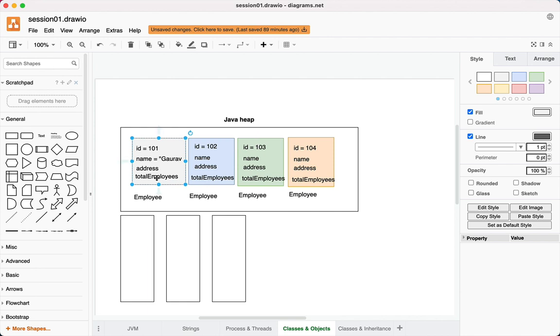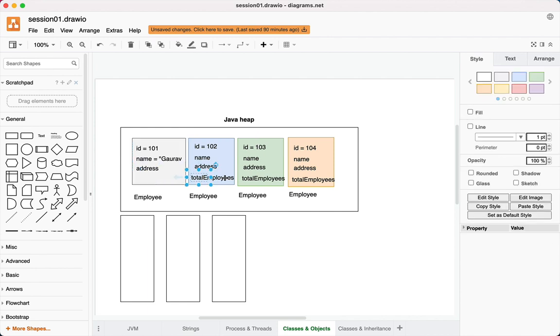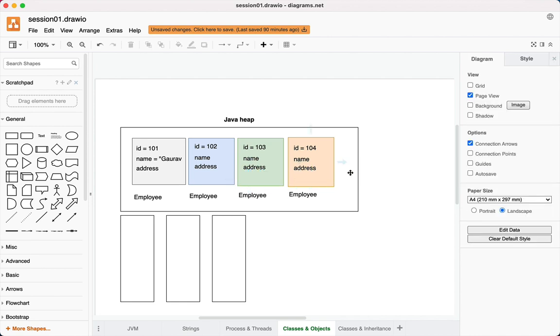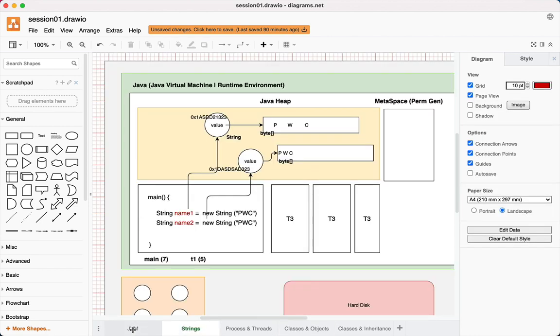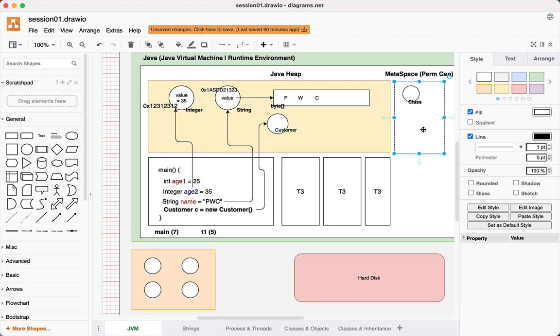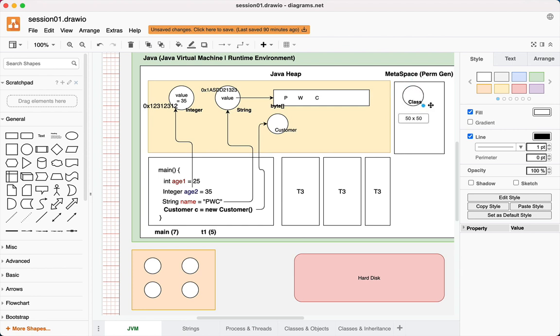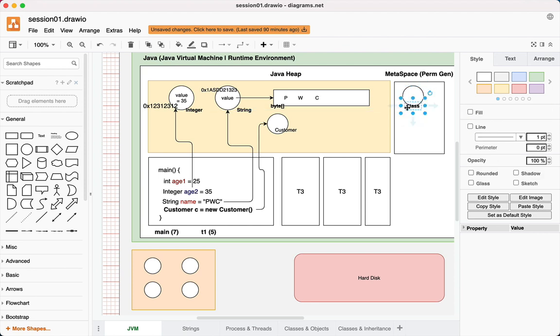In such a case, it does not really make sense to create total employees in each one of these objects. You remember we did talk about the permanent generation. You remember we did talk about object of class. So at the time of loading the class, I want a variable to be created out here, and there must be one single occurrence of that variable across all the objects of that class. For example,